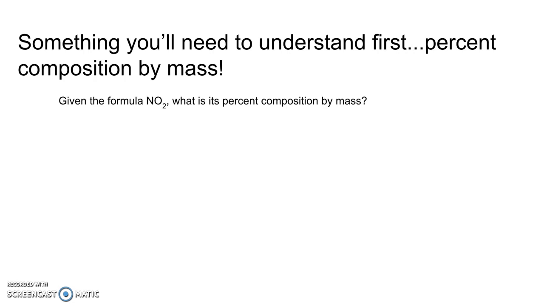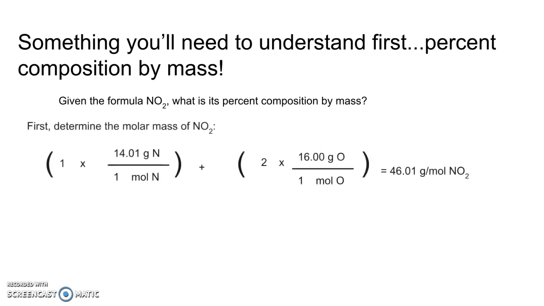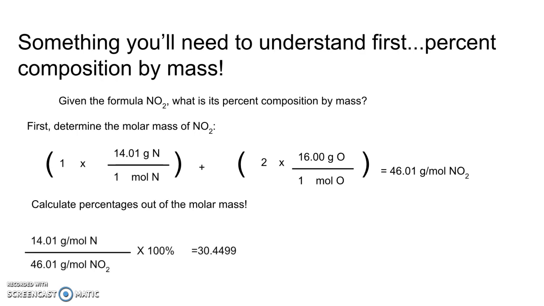So if I give you a formula, what would the percent composition by mass be? Easy enough. We're going to do NO2. I just have to come up with the molar mass of NO2, which you've been doing for a while at this point. Awesome. I end up calculating 46.01 grams per mole. And then you just have to do percentages out of the molar mass. So there's 1 nitrogen. That 1 nitrogen would be 14.01. So I divide it by my molar mass of NO2 times 100. And with sig figs, I end up getting